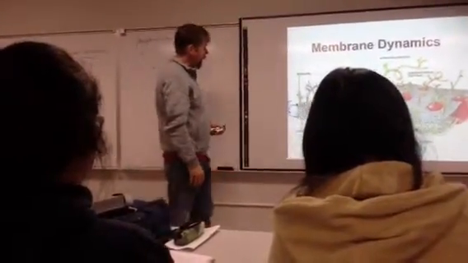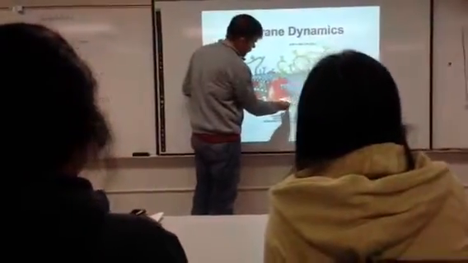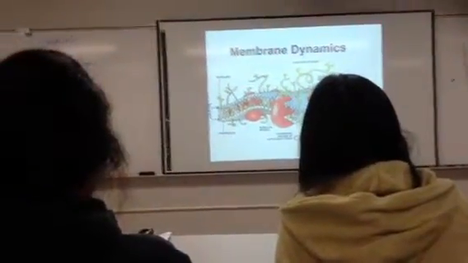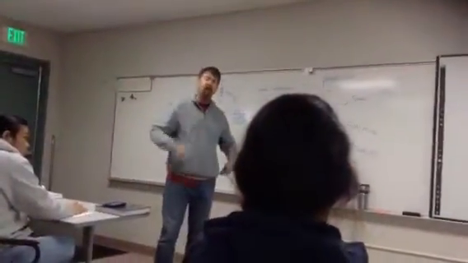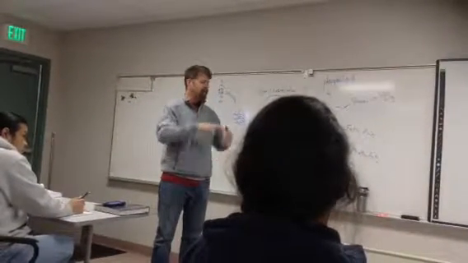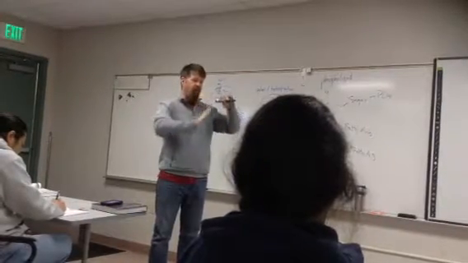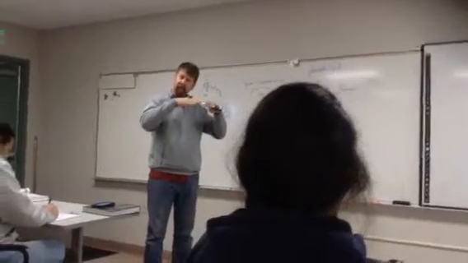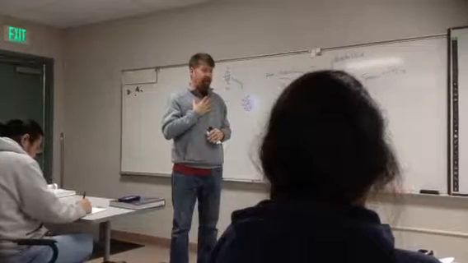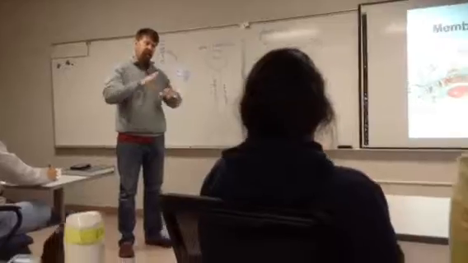Now you'll notice that also in this hydrophobic middle here is another lipid right here, and that's cholesterol. Now, all cell membranes have cholesterol, but depending upon where the cell is, what cell type, they might have more or less. What cholesterol affects is the fluidity of the membrane. Under certain temperatures, they make the membrane more flexible, and under other temperatures, they make it more rigid. It depends on temperature. For our bodies, because of our constant higher body temperature, adding cholesterol to a membrane makes it more fluid. It makes it more